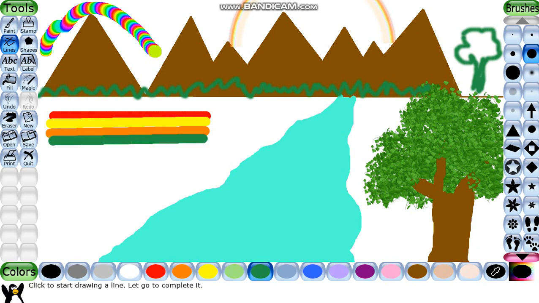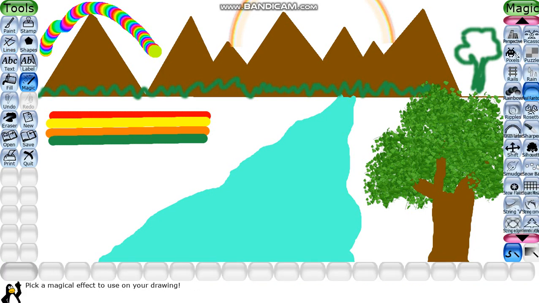Now applying the smudge effect. Click on the magic tool and choose the smudge effect from here. Now you can use it to mix the patterns. You can see I am just mixing these patterns. It's up to you how you want to mix it. You can see a new pattern has been created here.